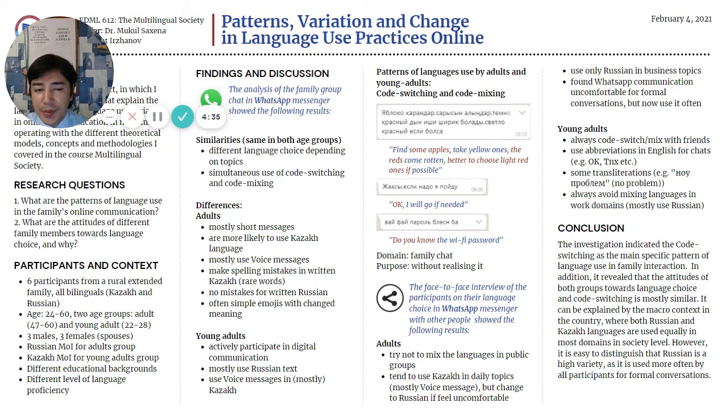I found out about the purpose during the face-to-face interviews. I explained why I am doing it, and I explained some definitions of terms, and after it, I asked them questions about their attitudes toward language choice and code mixing. So I found out that adults are more likely to avoid mixing languages, tend to use Kazakh in daily topics, but feel more confident in Russian if it's about business topics or work domains. Young adults are quite similar, only